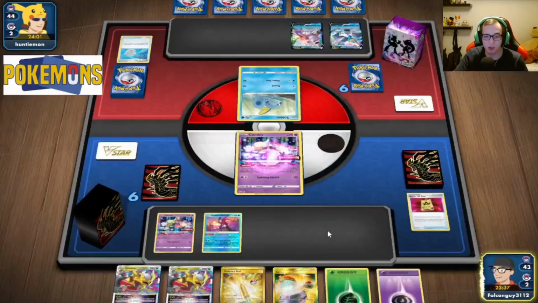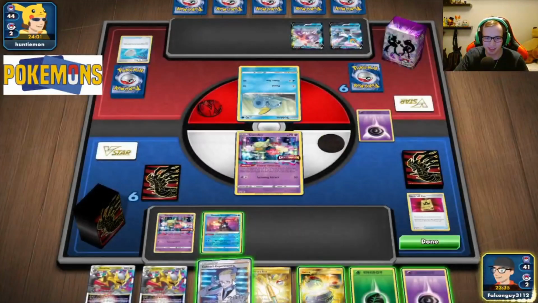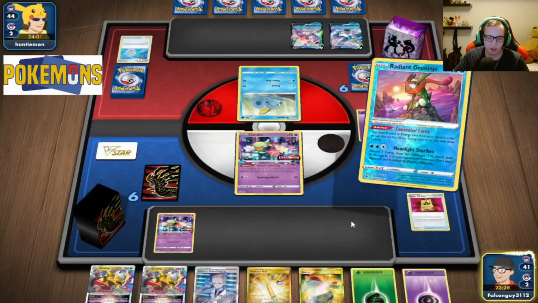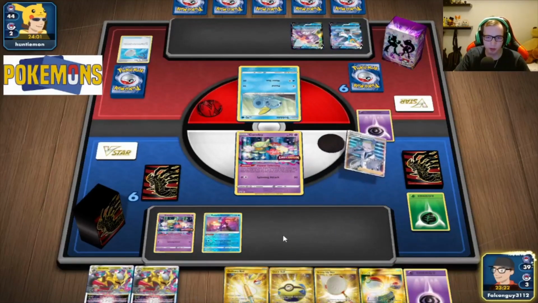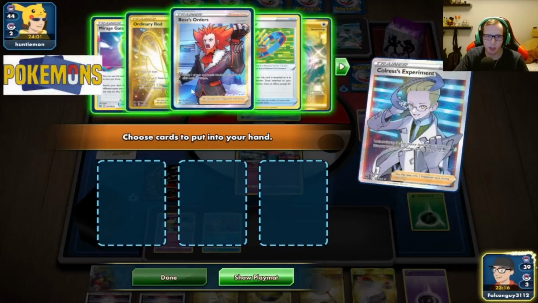We got Chorus Experiments. That's exactly what I was looking for, honestly. That's so nice to see. So I actually think I'm gonna go Concealed Cards first and see what I get. We got a Quick Ball and also Scoop Up Net, so that's really nice to see. Let's see what we get for Chorus. Got a couple things. I think Mirage Gate and